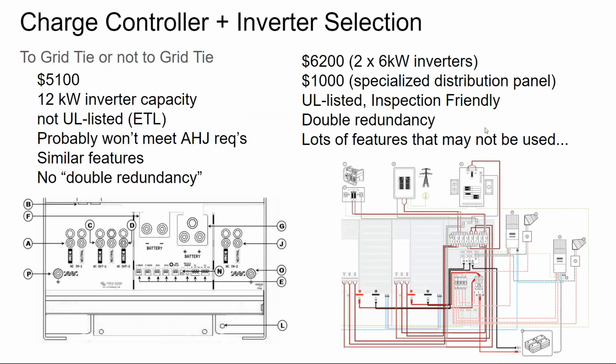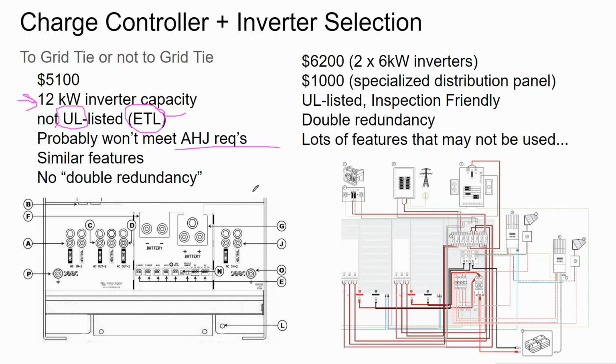So looking at, say, the cost of a large one, actually, I went through the grid distributor process. Anyway, this is a 12 kilowatt battery inverter that is only ETL listed and not UL listed. Sometimes jurisdictions require not just listed components, but American UL listed components, whereas ETL is more of a European listing standard.